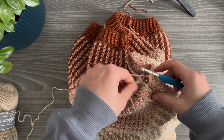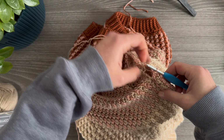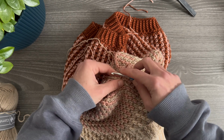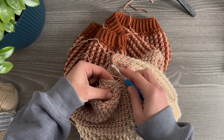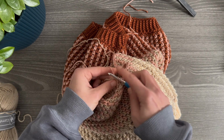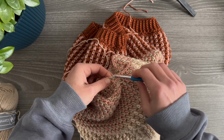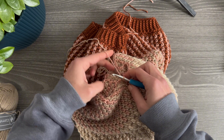Okay, so now we are into the other side. We worked the last stitch of the sleeve, and it was a double crochet. So now I will need to work a single crochet into the back loop. Then for the last 3 stitches of the armpit, I will look for that loop in which I can anchor the double crochet stitch, then a single crochet,